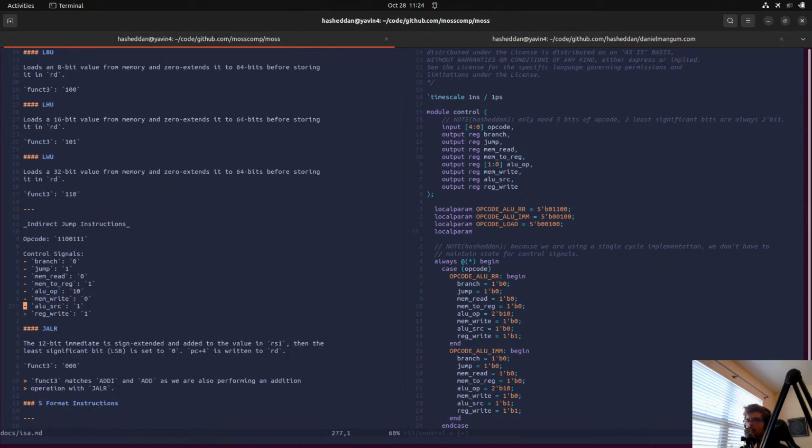Okay, so we have our load instructions opcode, jump indirect, 5B, 1101, 11001.